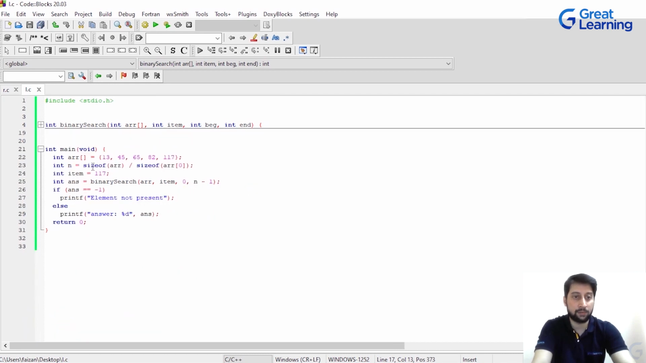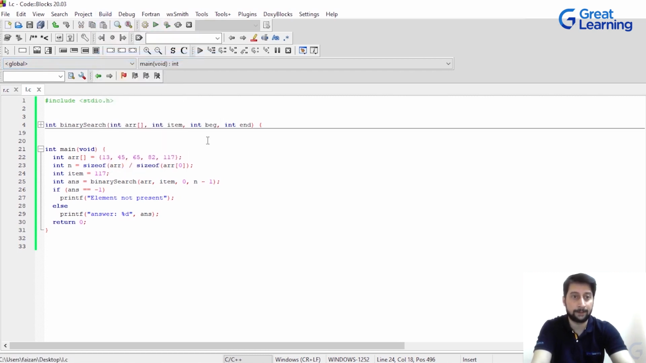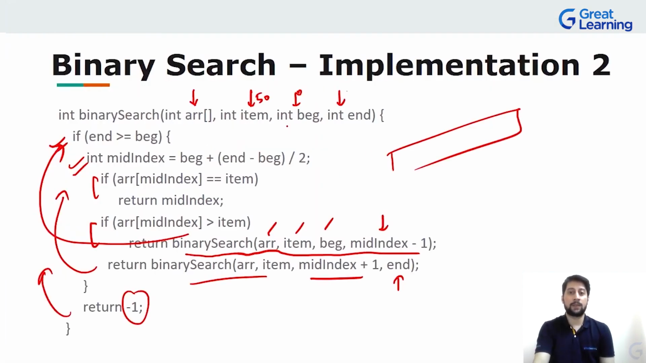And in the driver function, this time around we are looking for 117. So the index will not be 3 this time, index should be 4. Okay, now let's run this thing. Our answer should be 4. Yes, it is. So in this way, we saw both the implementations, that is using iteration as well as using